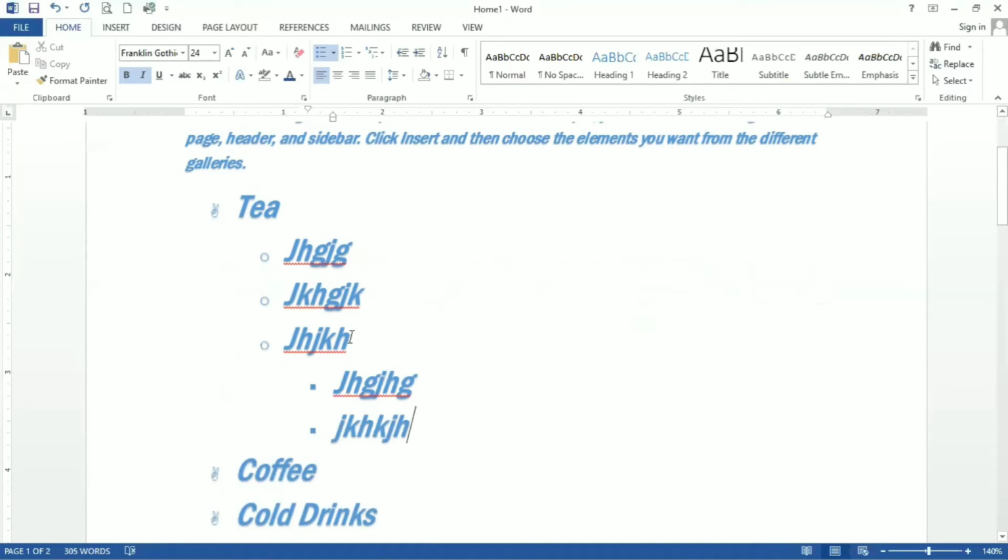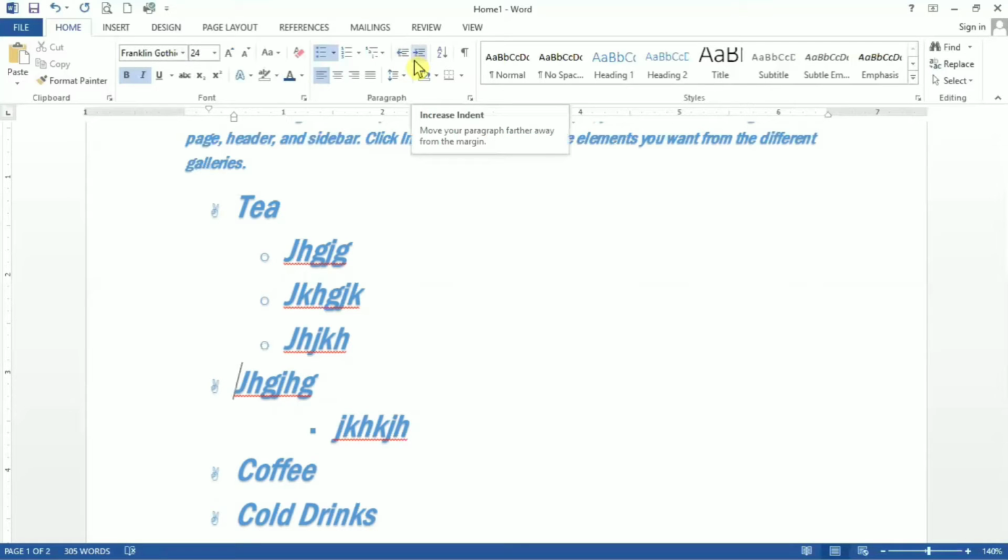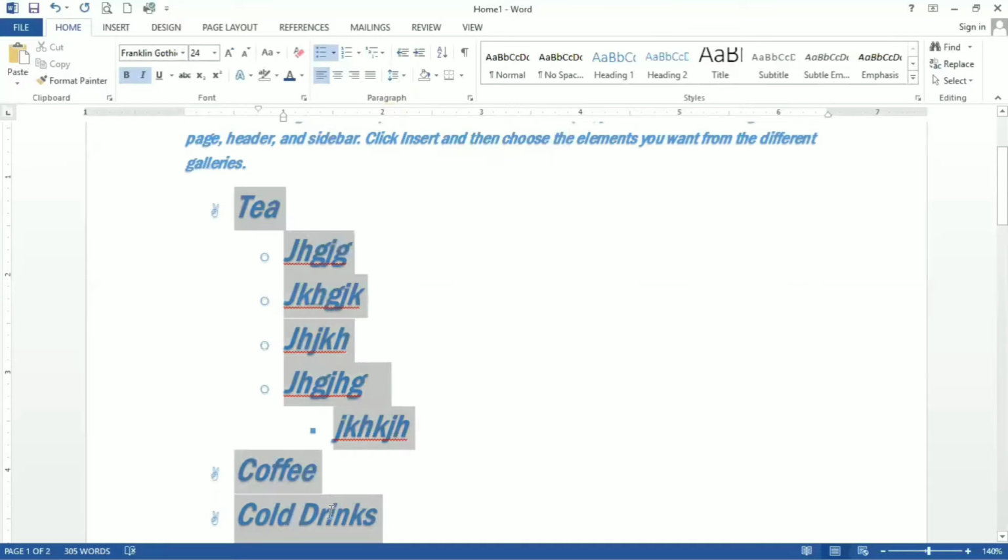This option is also known as increase indent and decrease indent. For example, now I want to decrease indent, meaning I want to decrease this gap. For this, we have an option here. This is for decrease indent. You can decrease as many levels as you want. If you want to increase indent, you can increase it from here as well. Fine. These are the options for increase and decrease indent. Now, if you want to have a numbered list, you can also have the same, like this kind of list you want.